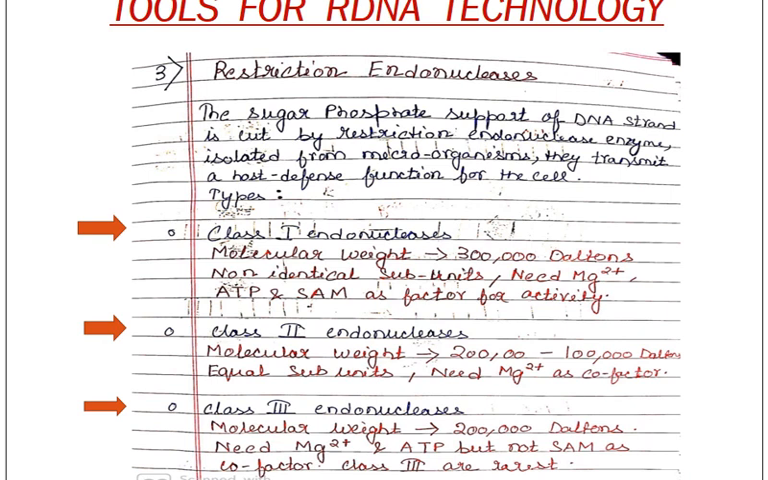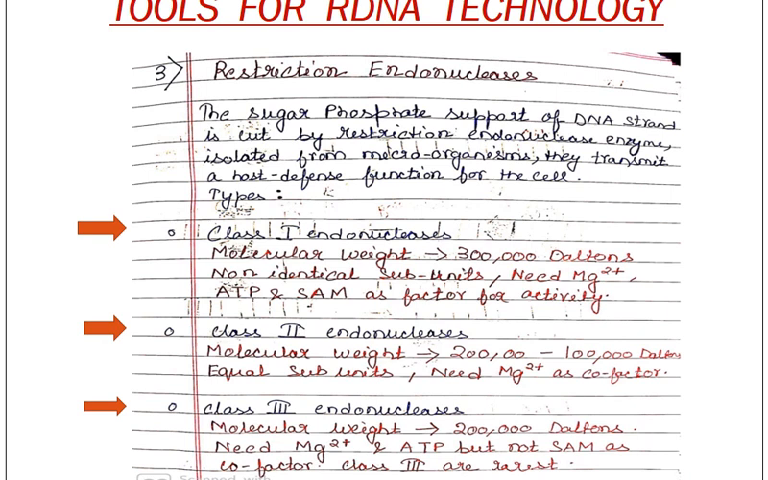Now there are different types of restriction endonuclease. There are three basic types. The first is the class 1 endonuclease. It has a molecular weight of 3 lakh daltons. It has non-identical subunits. It requires Mg2+, ATP and SAM as cofactors for its activity,